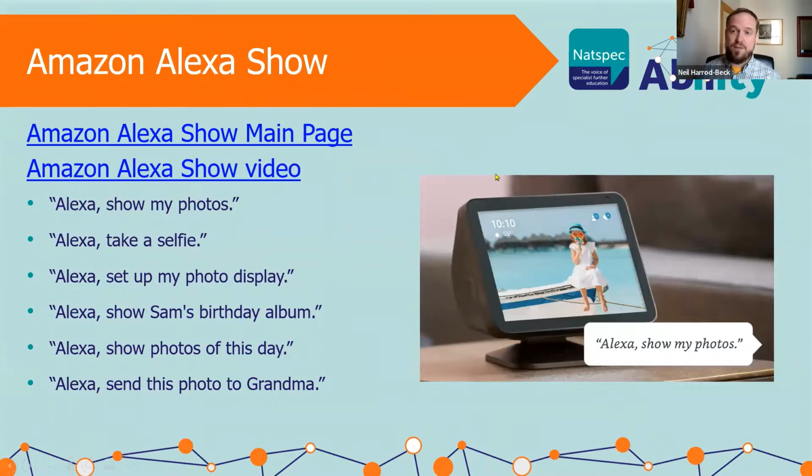One I hadn't even thought of before, but I thought to check, was the Amazon Alexa Show. So I've got a couple of links on there that will take you through to it. But just so you know, you can use an Amazon Alexa Show to take your own pictures. I was quite impressed actually with the fact that you could not only take pictures, but also you can say,